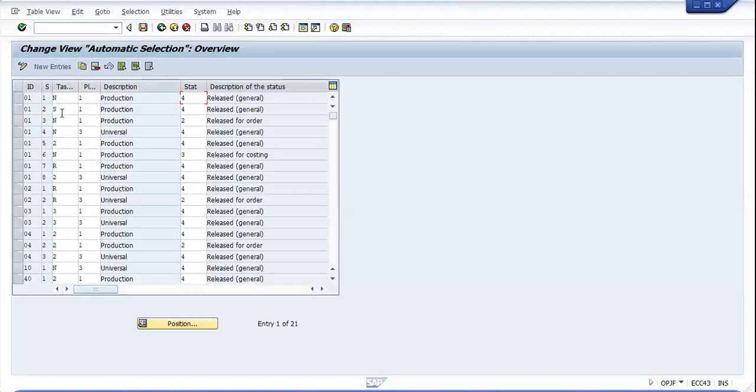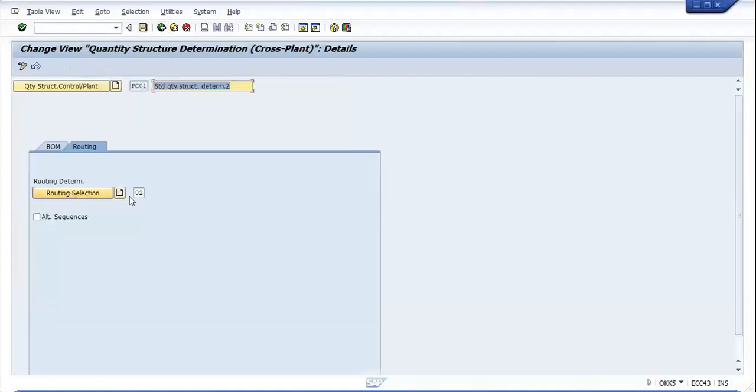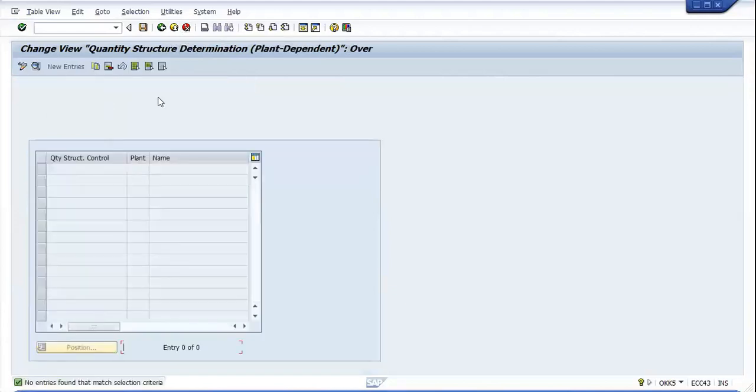So these 3 combinations along with the ID will determine my routing. All right, so I have routing selection. I think it's 01 previously. Here, if you select it, you can link it with your plant.